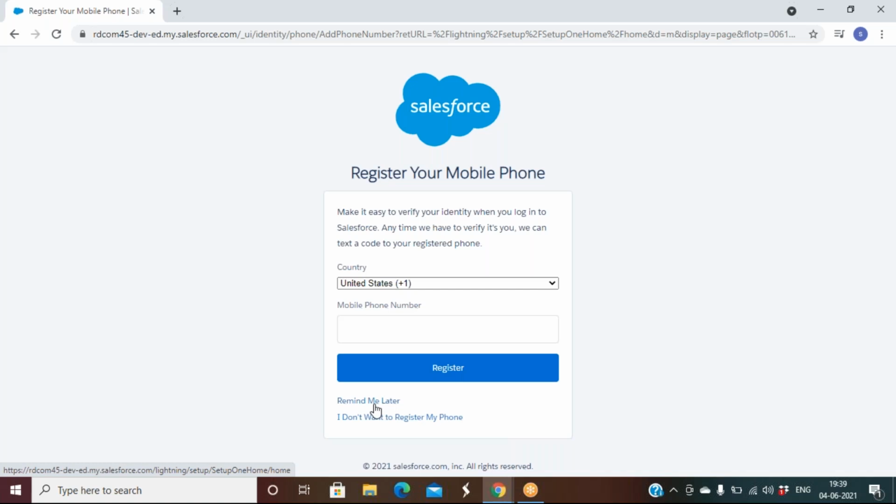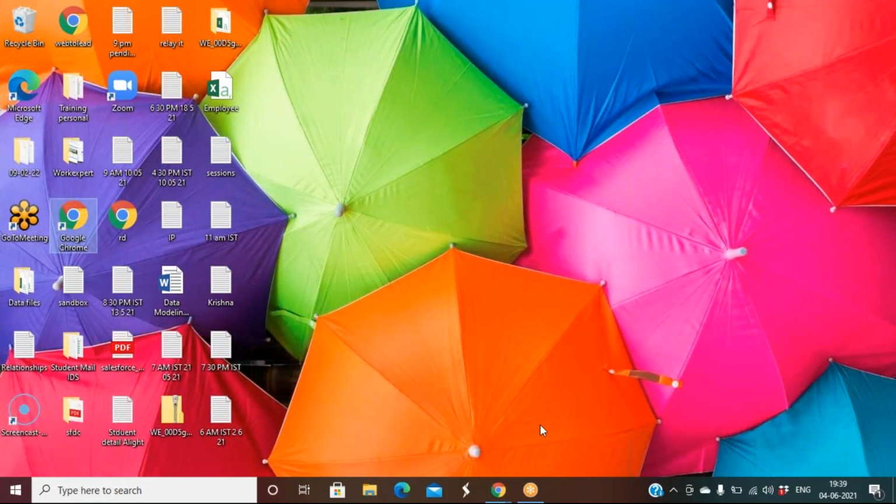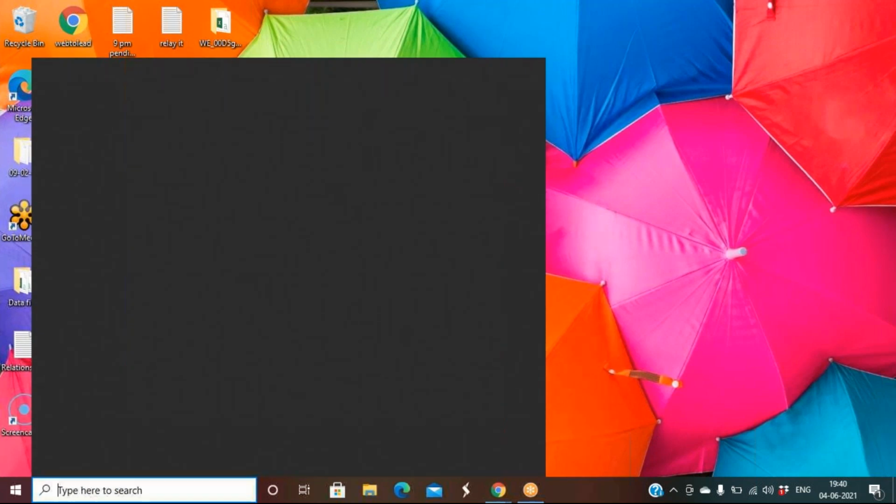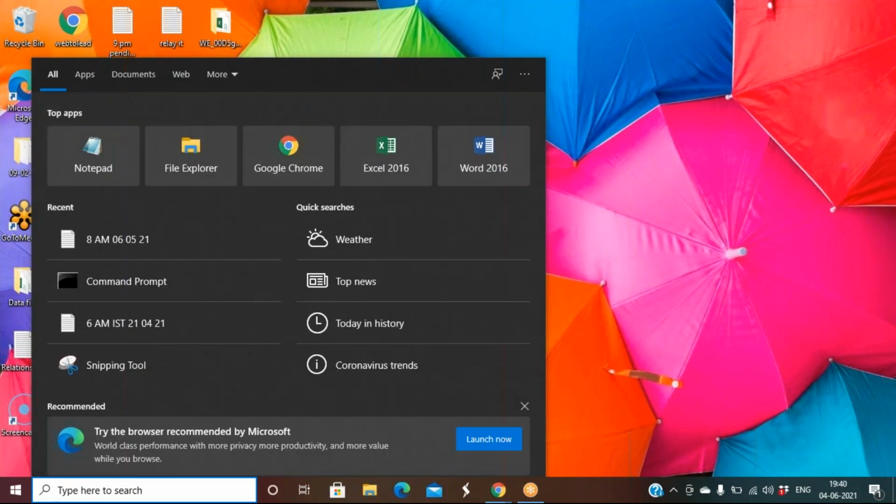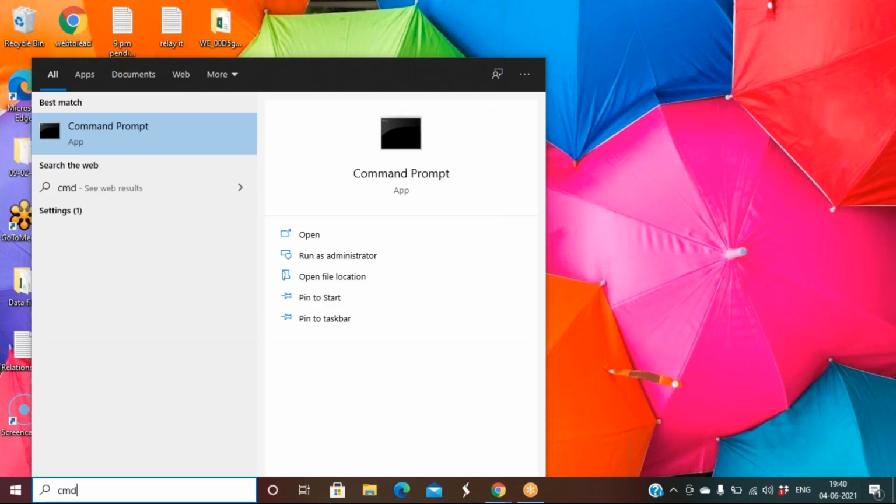When you click on verify, when you register for the developer edition, or in real time also, when you log in to your account for the first time, you might be using one computer, right? So every computer will have a name. Computer means nowadays nobody uses a PC, very rare case, right? Everyone uses a laptop. So you might have your laptop name, right?